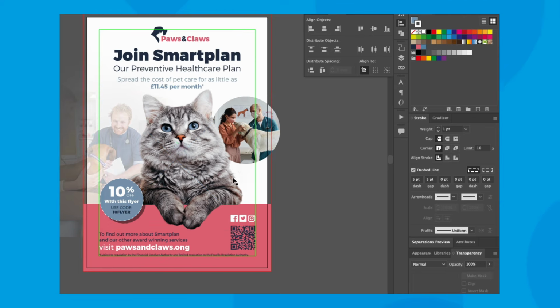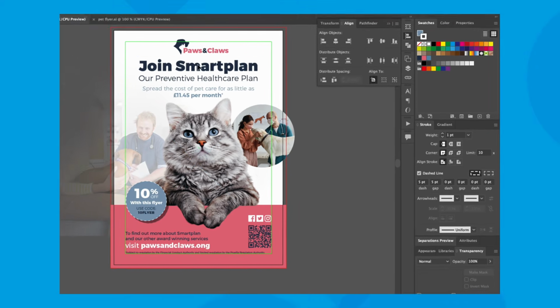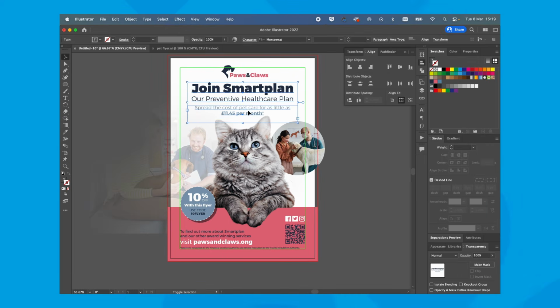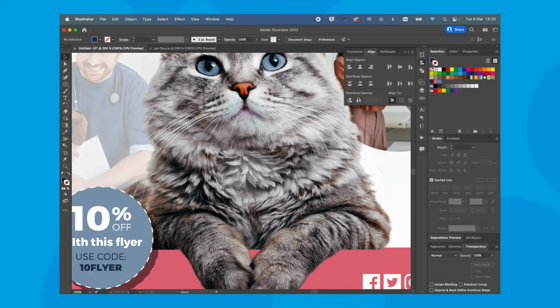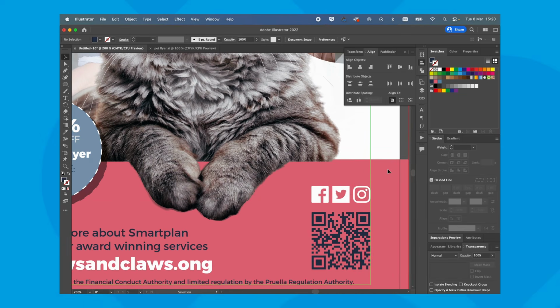Okay. I'm just going to make sure all this stuff's aligned centrally. So align to artboard and central, that is already, and the logo. Ah, the logo wasn't central. Okay. I thought something didn't look right up there. And also I just want to move this rectangle down a little bit to line perfectly with this cat's arm.